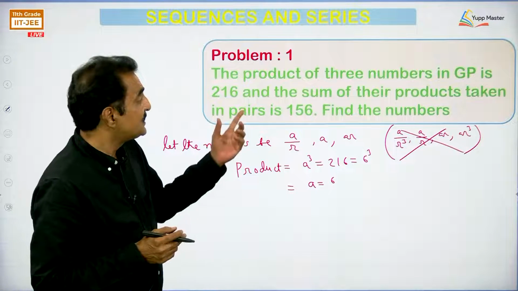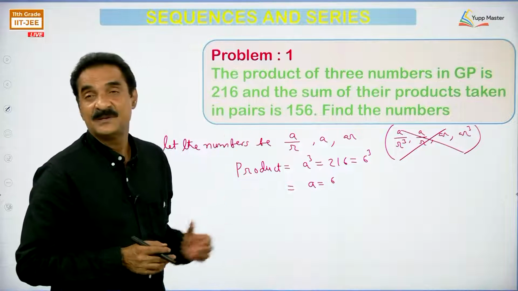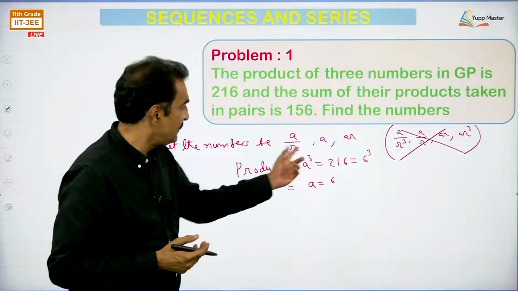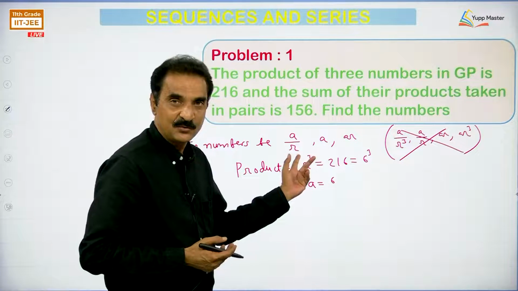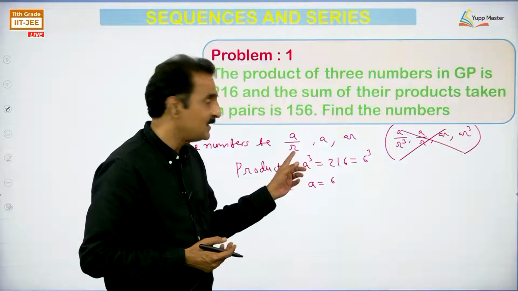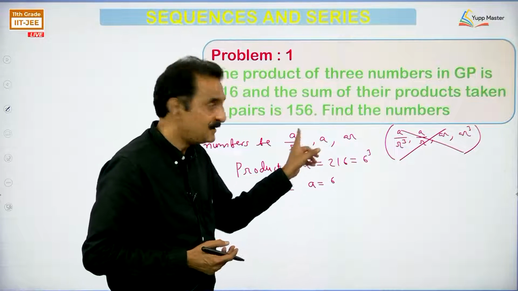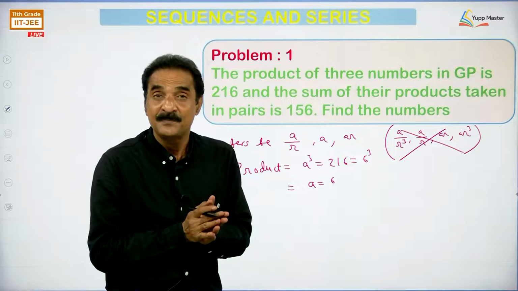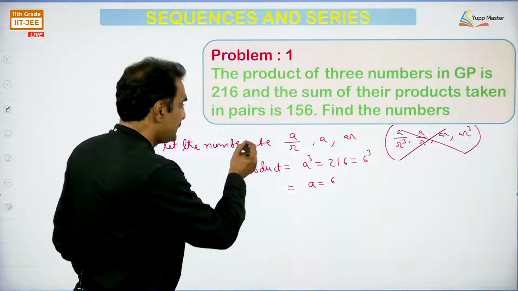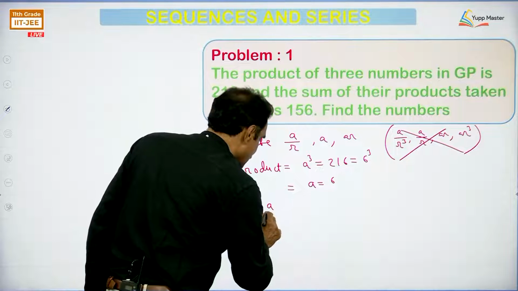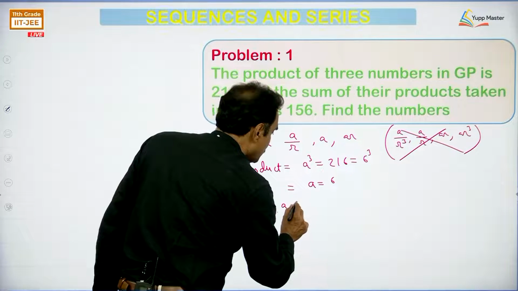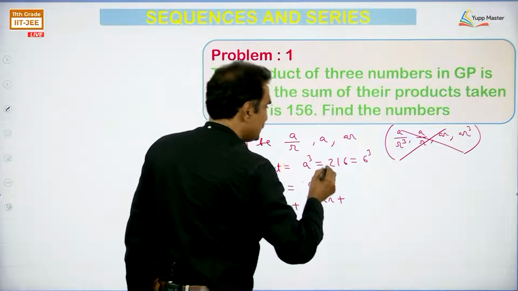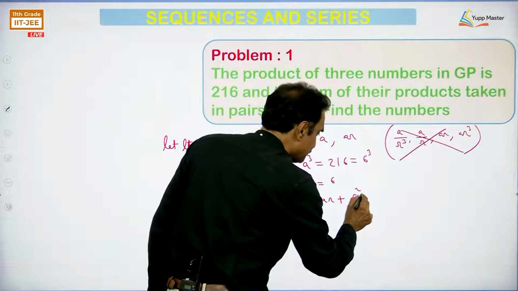Now, the sum of their products taken in pairs is 156. What is the sum of the products taken in pairs? 3 numbers are there, take a pair. Pair means 2 numbers, any 2, multiply. How many pairs will be there? This into this is 1 pair, this and this is 1 pair, this and this is 1 pair, 3 pairs. The sum of those products of the 3 pairs is equal to 156. So, let us write it: this into this, a by r into a, plus this into this, a into ar, plus this into this, where r will cancel out, I will write a square,